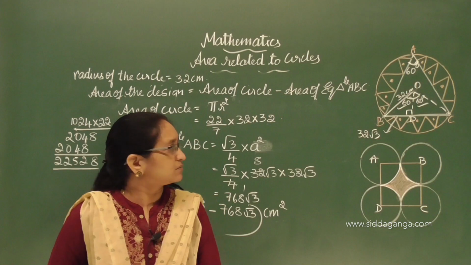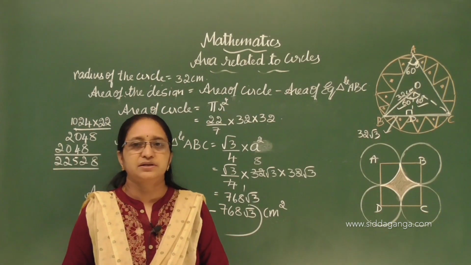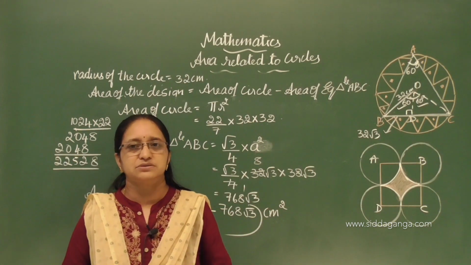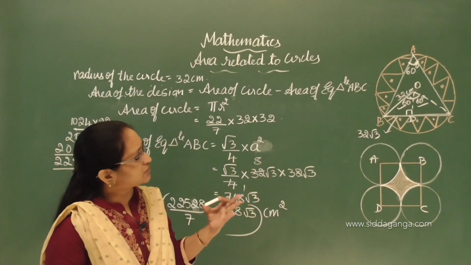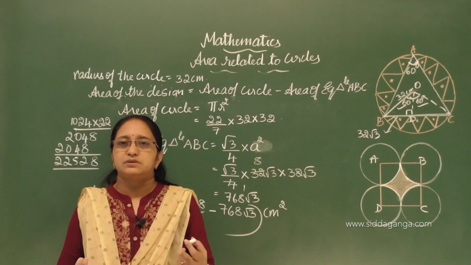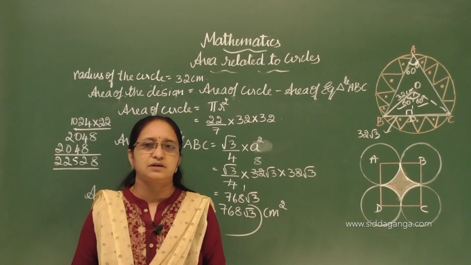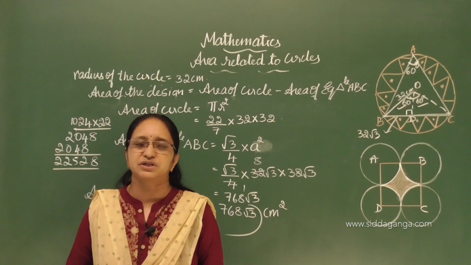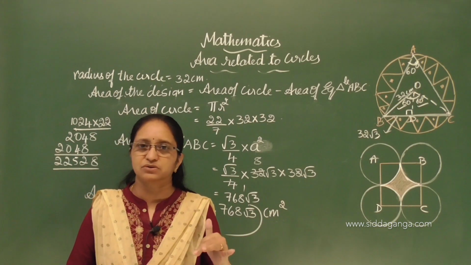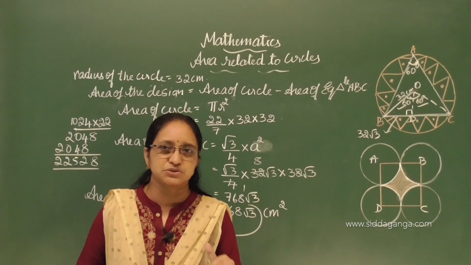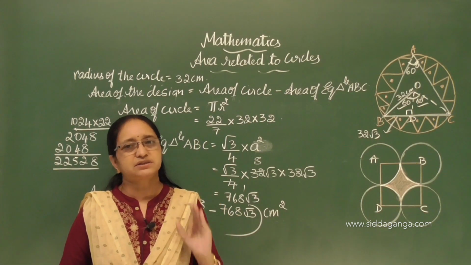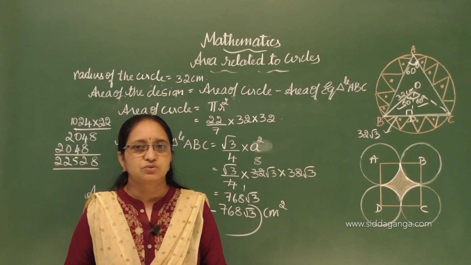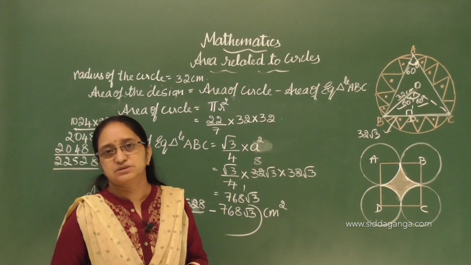Okay, it's a little bit lengthy, but I think you tried to recall so many concepts in this problem. So many concepts. Because if you know the sector angle and you cannot put the area of a triangle, like if it is a right angle triangle, you can put half into base into height. If it is an equilateral triangle, you know root 3 by 4 into a square. So that we used it here, correct?